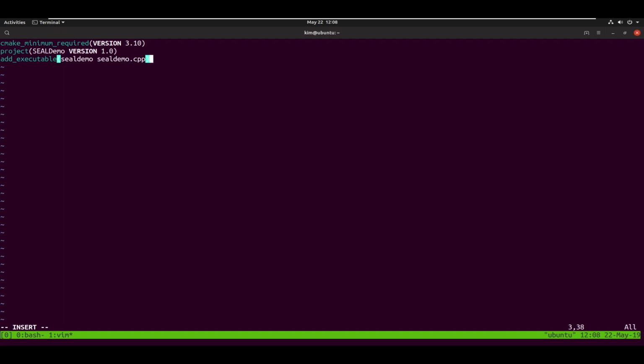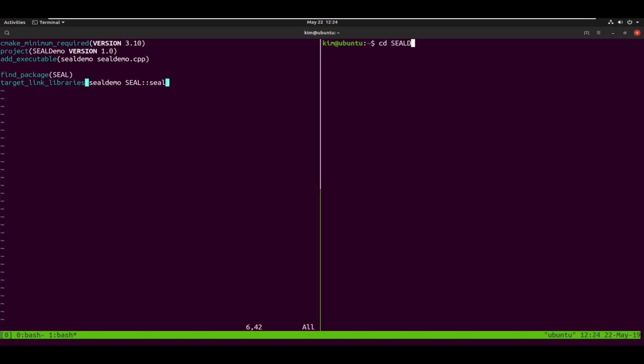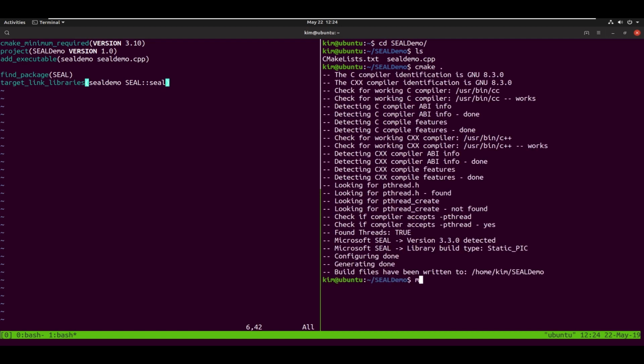To detect our new SEAL installation, we use find_package(SEAL). Finally, we need to tell CMake to link SEAL with our program with target_link_libraries(SealDemo SEAL::seal). To configure the build, we run cmake, and to build and link the program, we run make.